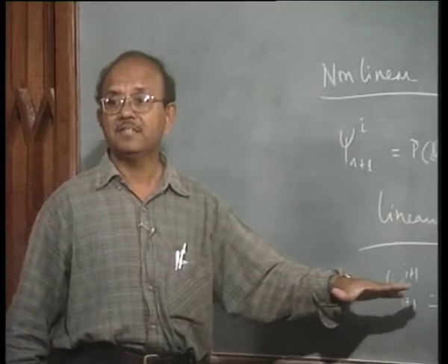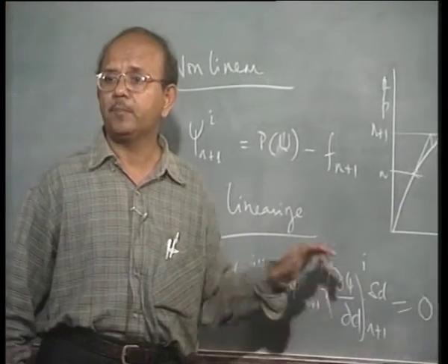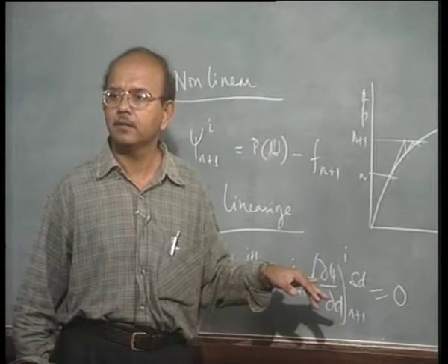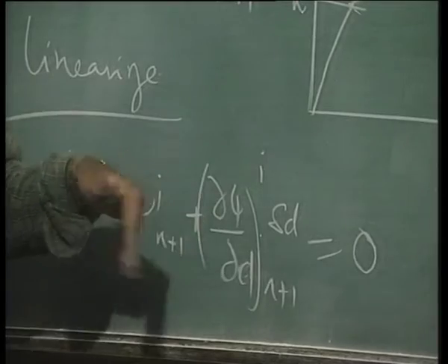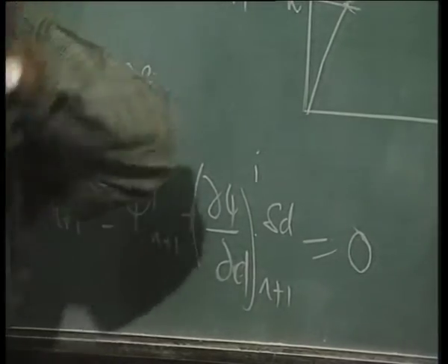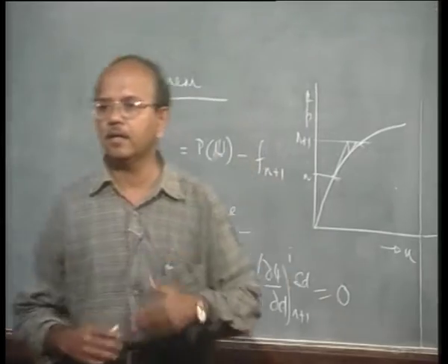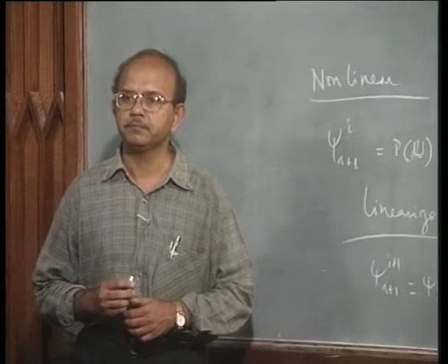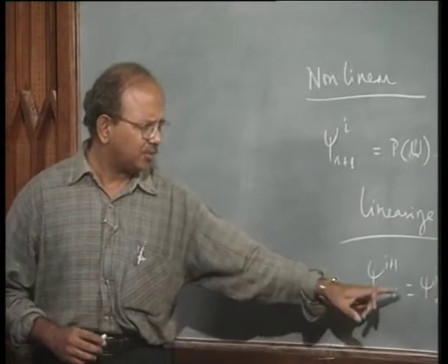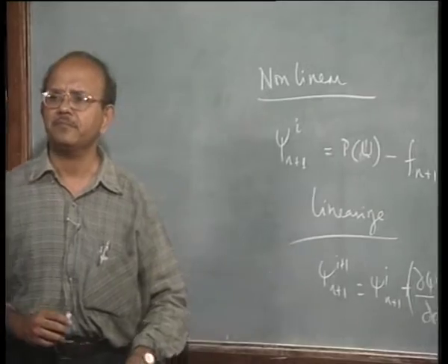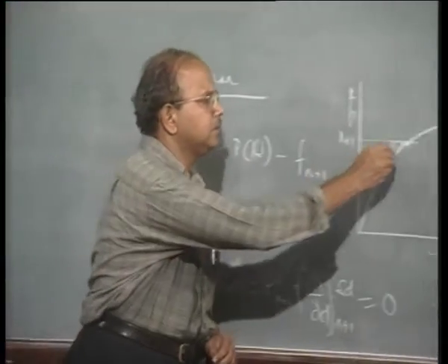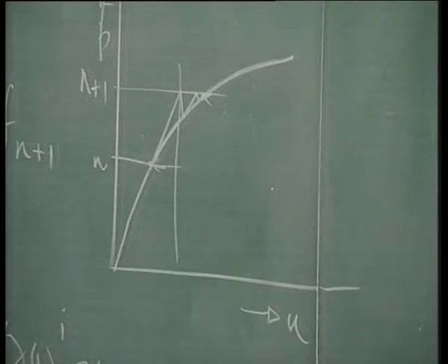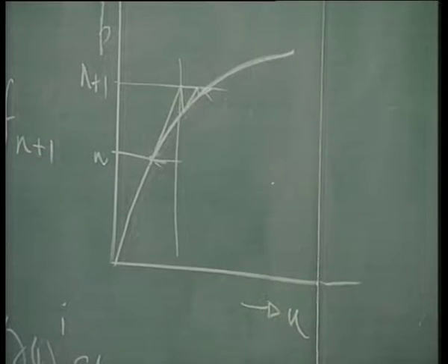So, in other words, when I go from I to I plus 1, there is a good chance of an error. Okay, but the error may disappear as my I keeps increasing. Is it clear? As my I keeps increasing, the error will come down. Okay, so in other words, what does this step physically mean? Physically, simply, it means that get the slope at that point, because what is dou psi by dou d from here?